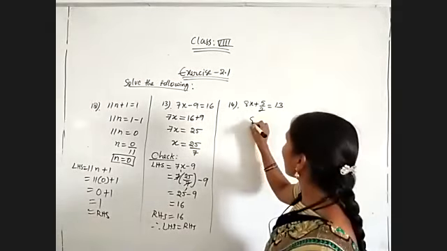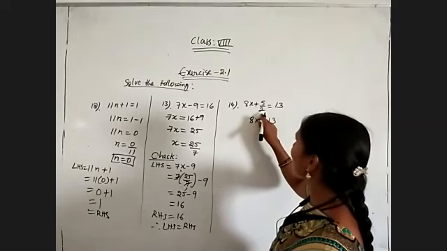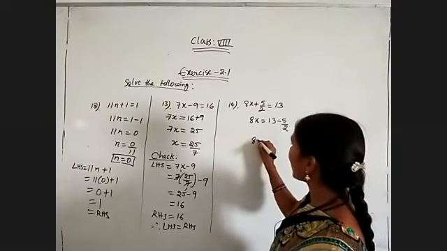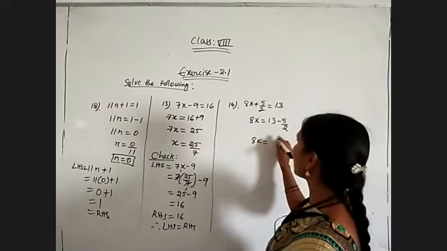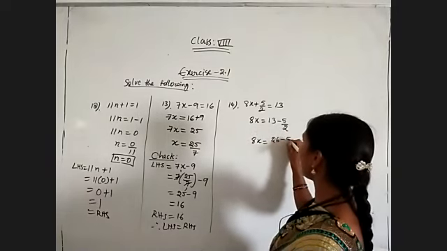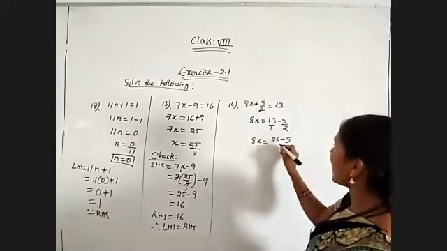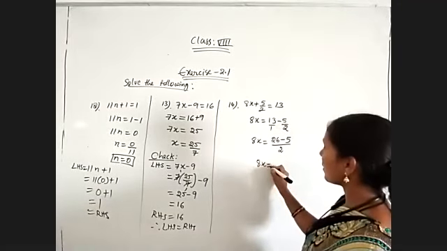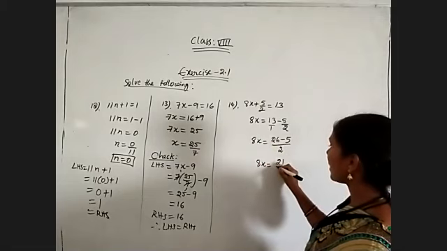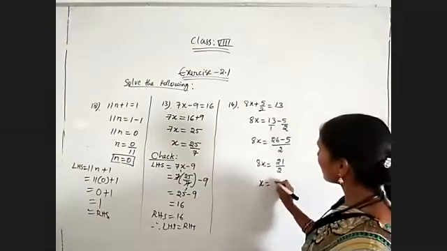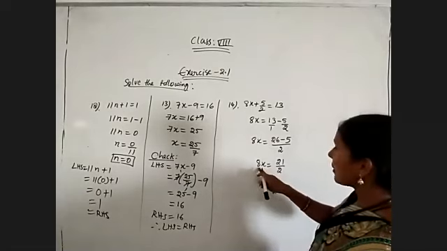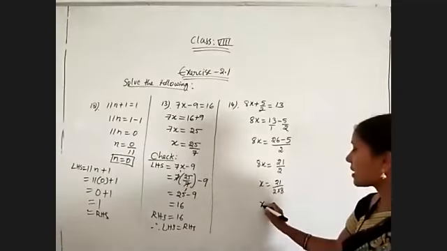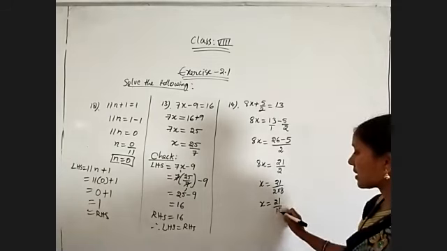Now 8x is equal to 13 plus 5 by 2, which will become minus 5 by 2. Now do the simplification first. 8x is equal to, cross multiplication, 13 into 2 is 26, minus 5, because here it is by 1. 1 times 5 is 5, divided by 1 into 2 is 2. So 8x is equal to 26 minus 5, 21 by 2. Because it is in multiplication, it will come under division, 2 into 8. So x is equal to 21 by 16.